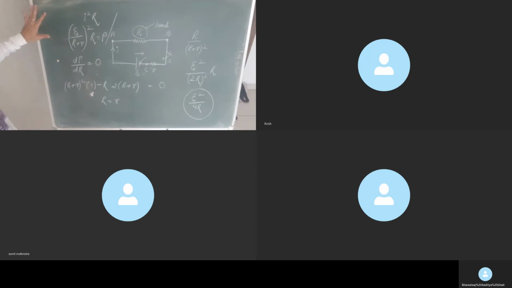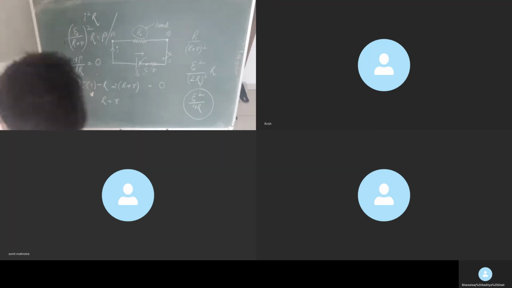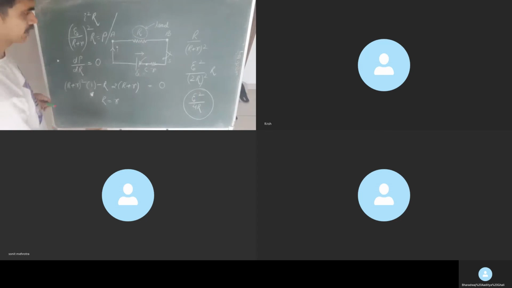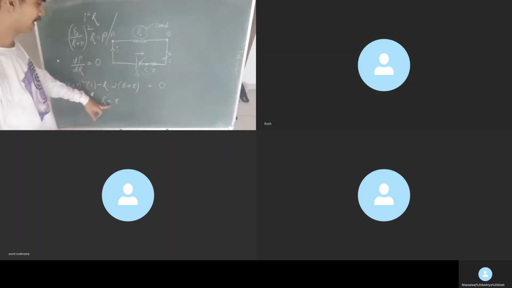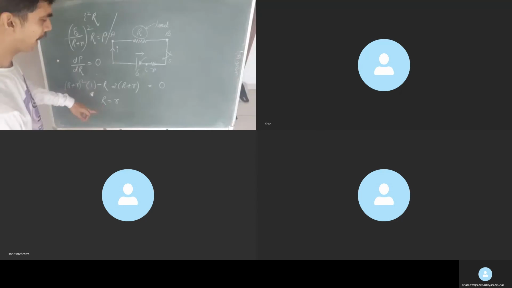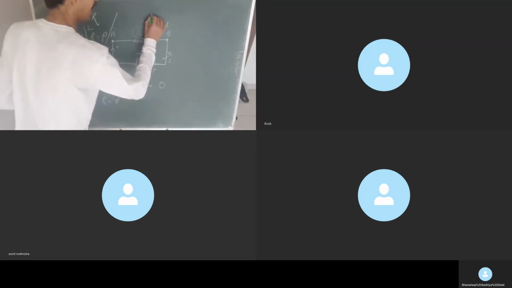Just a minute. What did I replace? Not smaller, capital R is the one to be replaced. Just wait a minute here. Small r I don't have access to, right here. So what will I replace? I will replace capital R. Correct here? Yes, sir. So small r will be kept as it is. For maximum power transfer, capital R should be equal to small r, correct?